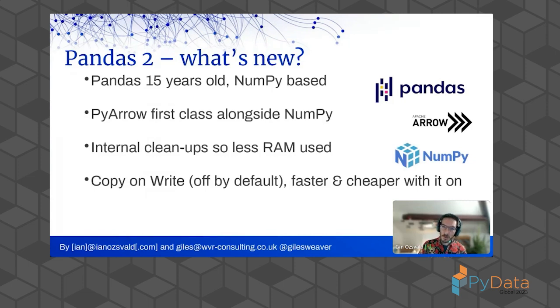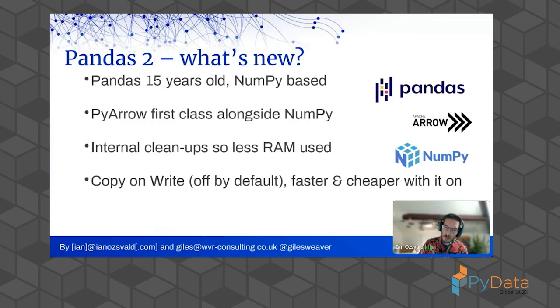It was pretty recent when we gave the last version of the talk. Pandas is about 15 years old. Historically, it was NumPy based, NumPy being the numeric Python layer, allowing one-dimensional vectors, two-dimensional arrays, and n-dimensional arrays of all of the primitive types. And so this was used to provide the series and the data frames inside Pandas, which was super easy, but also came with some warts. One of the big warts being it didn't have good missing data handling. We just inherited the NaN support on floats that was available in NumPy.